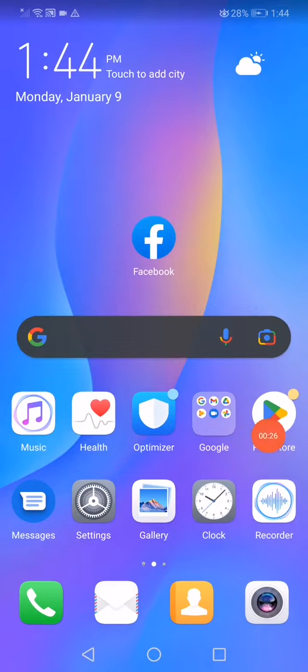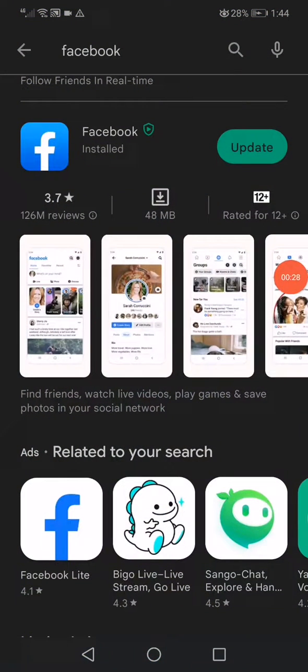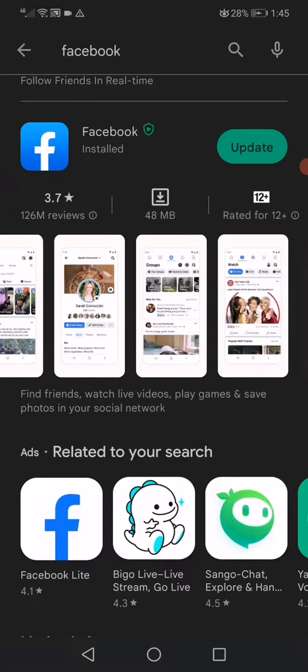Go back, click on the Play Store or the App Store if you have iOS, and then search for Facebook and click on this update option if you didn't click on it. After you update your Facebook into the latest version, you will find the Reels option, as you can see, very